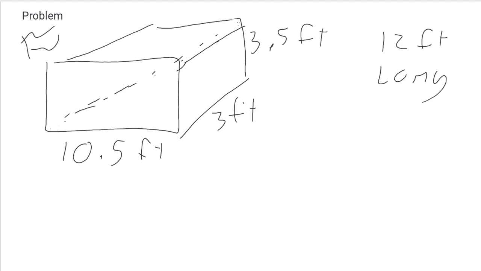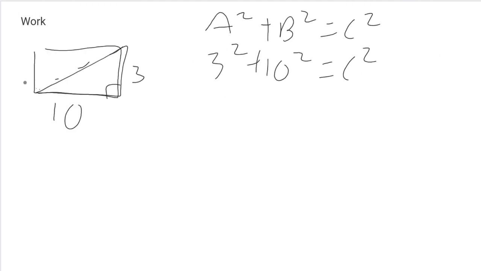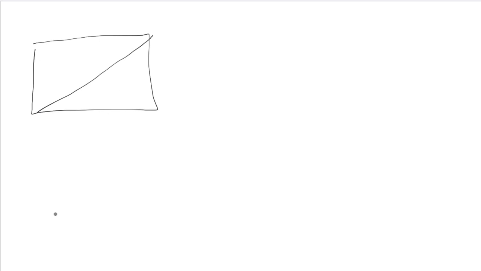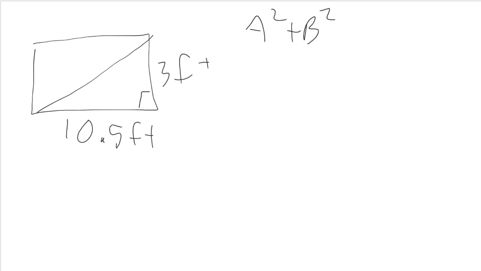So the first thing we do is we need to find the diagonal of the triangle that cuts through the bottom portion of the box. The bottom portion was 10.5 feet and 3 feet. And when we cut across for that diagonal portion, it creates this right triangle. So we're going to use Pythagorean's theorem, and it's going to be